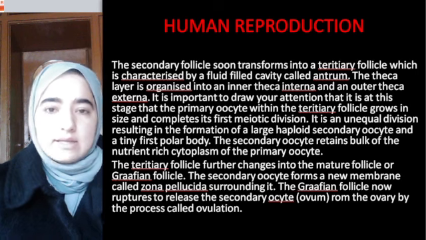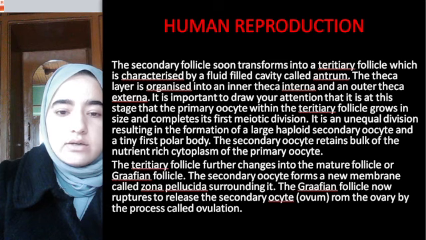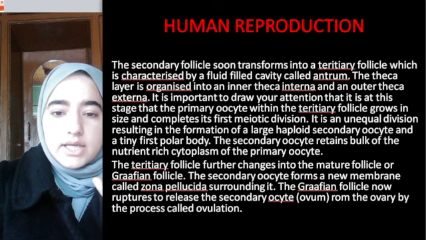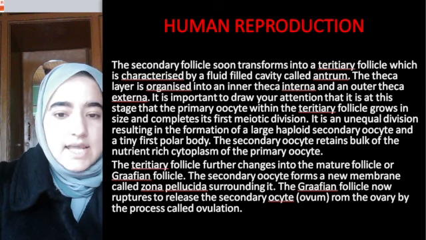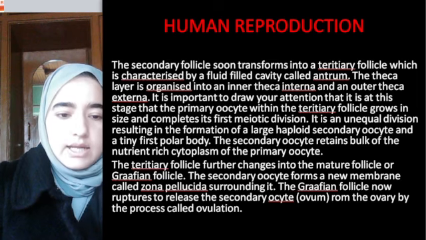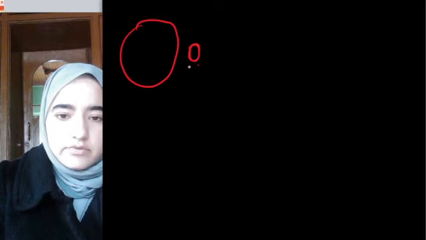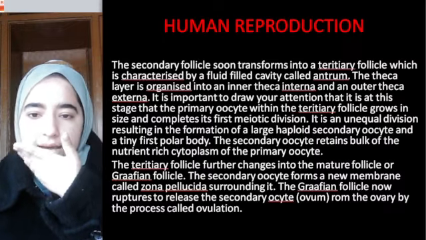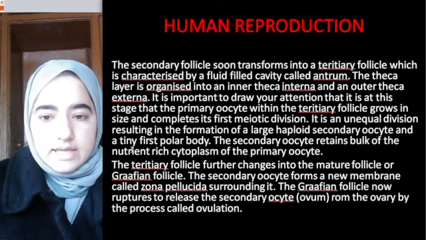What will happen? It's at this stage that meiosis 1 will get finished. Okay, and meiosis 1 will result in what? A haploid oocyte. It's an unequal division and it forms a haploid secondary oocyte and a first tiny polar body. It will be like this. The first meiotic division will lead to formation of two structures, one bigger and another tiny. It's the tiny first polar body, and it's the haploid secondary oocyte. Okay, I hope this concept is clear, right?